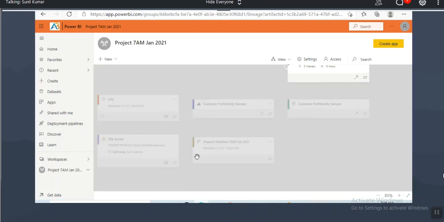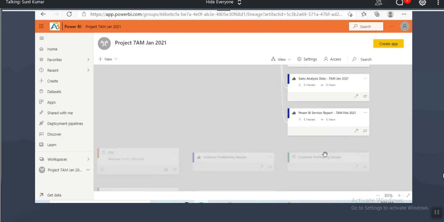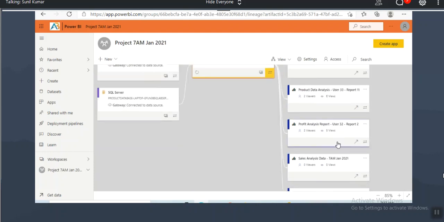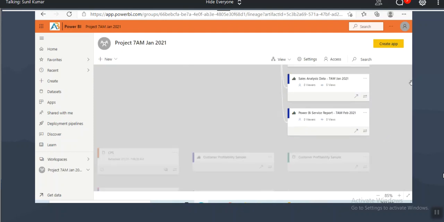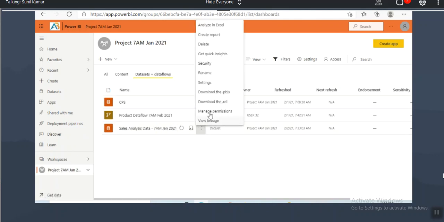It will show which reports this data set is used in, how many reports it got used in. And if these reports are used in any dashboards, it will show the dashboards also. It will show related content in the graphical view.